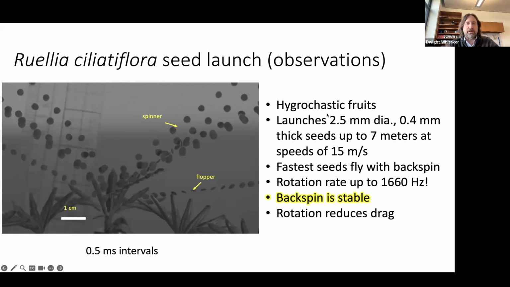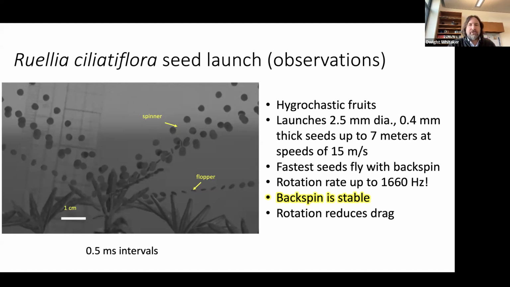We like this fruit because we can just dunk it in water, and that triggers it to explode within a few seconds. And what's extraordinary is these seeds are 2.5 millimeters across and about half a millimeter thick. So they're essentially like pieces of confetti, a little bit thicker than maybe hole punches, but smaller than hole punches in diameter by a long shot. So confetti, basically. And this plant can throw these confetti-like seeds 7 meters